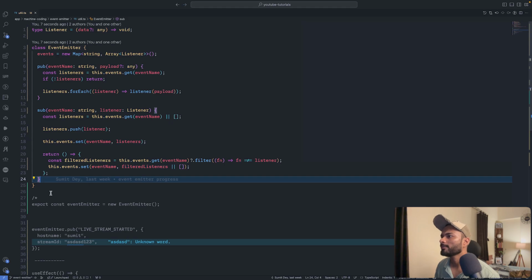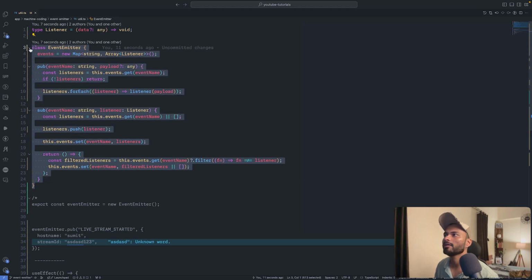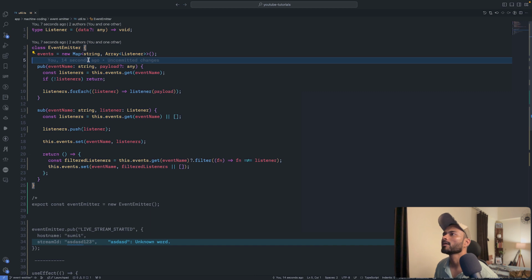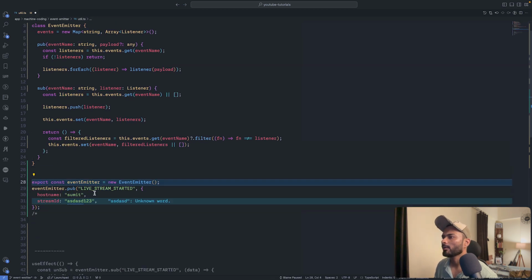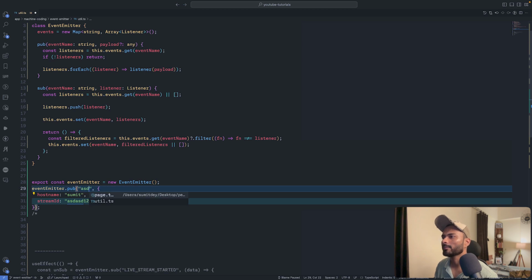Okay, so now with this the main functionalities of this event emitter is ready. Now let's improve the TypeScript. So first thing, the event name is now addressed as string, right, which is very wrong. It means if I just put it outside the comment, now you notice I can pass anything in the pub, right? But in most of the scenarios, in all the scenarios, all the